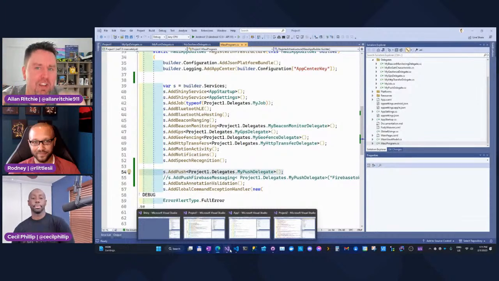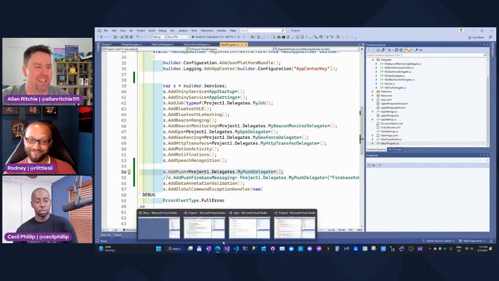Give as much information as you possibly can. Don't make us guess. I don't have a good crystal ball. It broke many years ago. So help us out as OSS maintainers by giving that detail, because that's what's ultimately going to help us get to an answer. Help us help you, I guess, is the best statement I can give at the end of that.